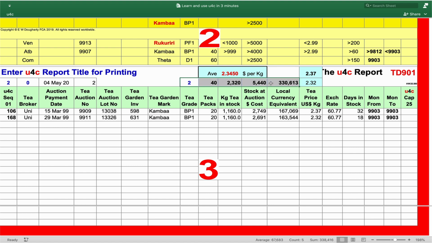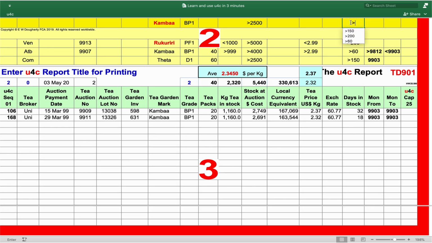tea, and so on. But for a further multiple question, how many of these stocks have we held for more than 30 days? We enter greater than 30 on the Q-bar, and we find there's only 1. That's a further example of u4c targeted intelligence at work on any data spreadsheet or dataset report extracted from any